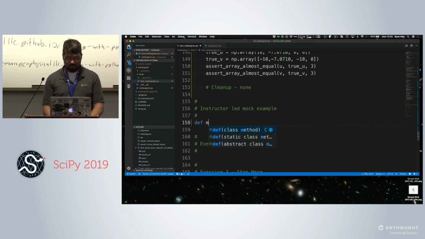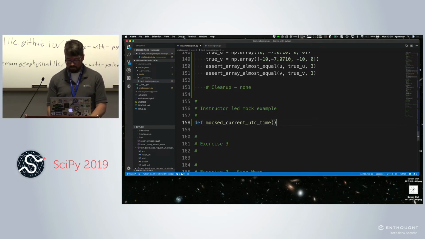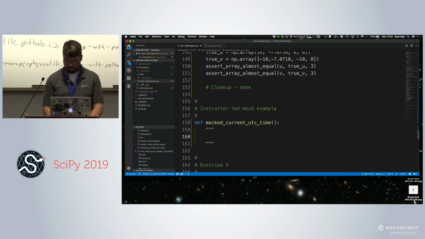So def, I'm going to call it mocked current UTC time. Leave myself some breadcrumbs as to why on earth I did this. So I'm going to mock our UTC time function for testing with defaults.